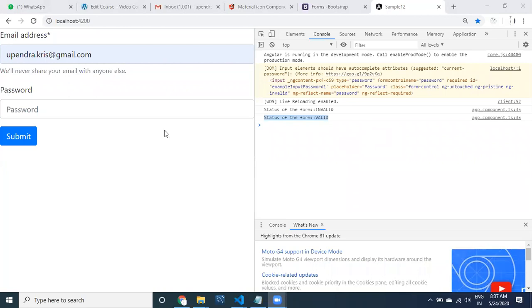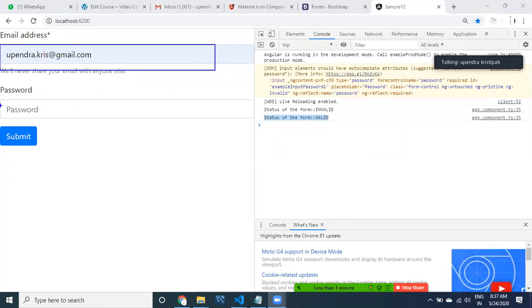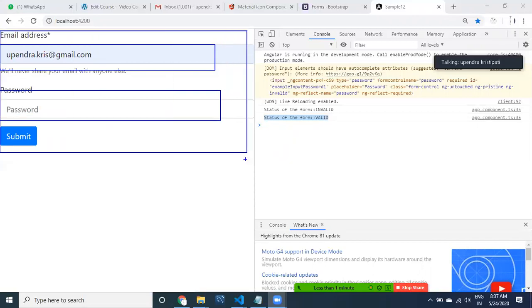Listen carefully: these two things are available in this form. If this form is valid, it means both of these two things are valid, and only then is the form going to become valid. If any one of the text boxes is not valid, then the whole form is not valid.